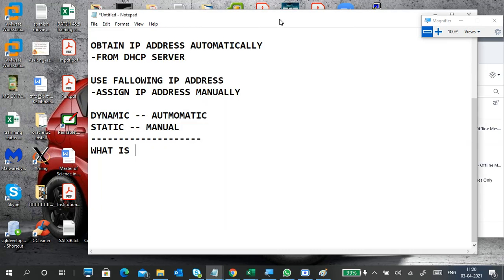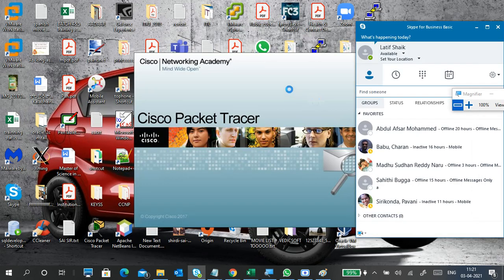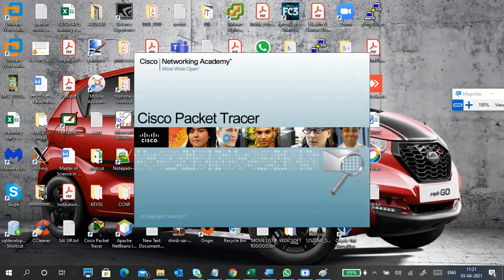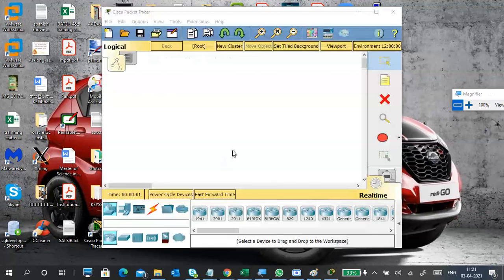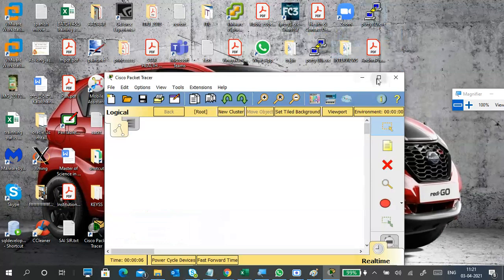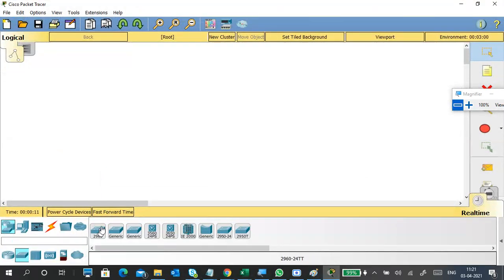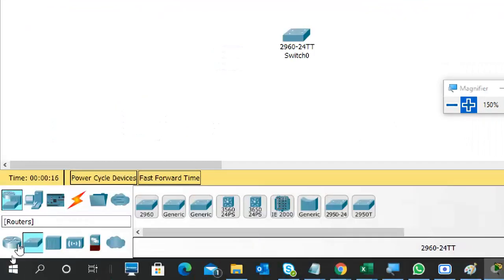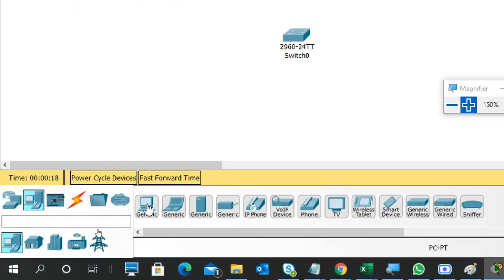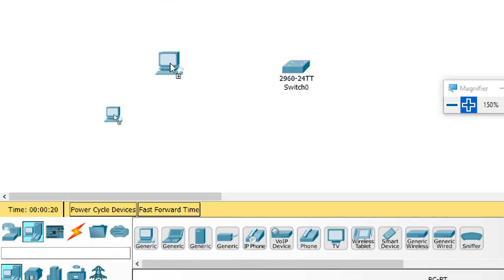This is Packet Tracer. It is a simulator for understanding networks and how a packet travels from your client to a domain, kind of stuff. Okay. It is very useful. You can download it very easily from Cisco itself. Okay, so this is a switch. I put a switch here. And these are PCs, computers.